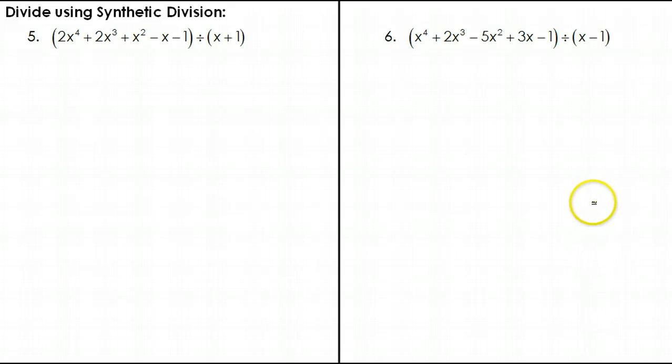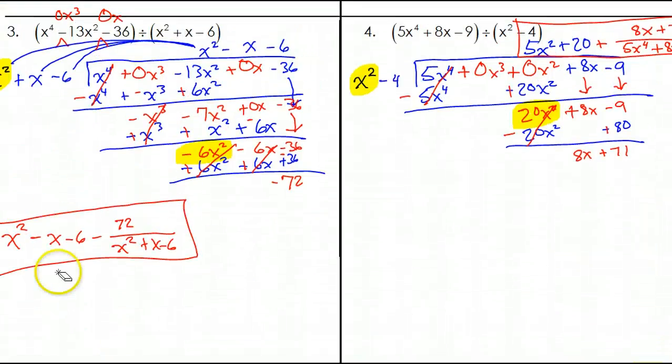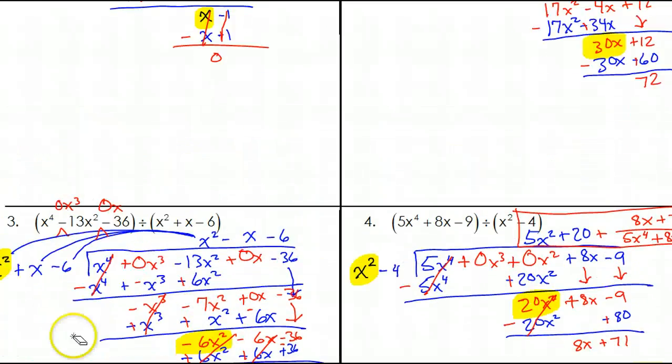The limitation of synthetic division is your divisor has to be linear. I can't have a squared here or anything. And it has to be a binomial. Okay, it has to be a linear binomial. So let's see, on the first 4 problems, let's see how many of these we could have used synthetic division